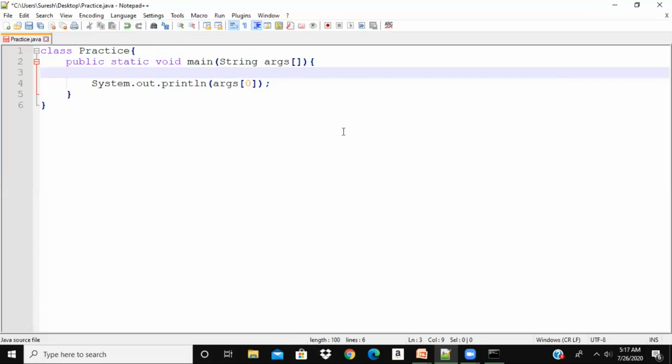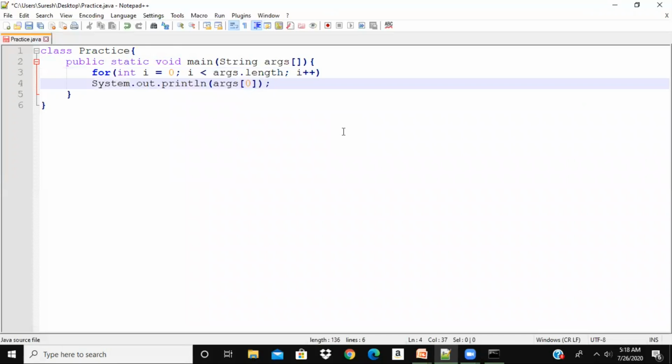So I can simply write a for loop: for int i equals 0, because array indexing starts from 0, i less than args.length, that is the number of elements in the args array, i plus plus. In this way I can access every element in the array. I can say print args of i. Instead of 0, if I put i, I can print every element in the array.